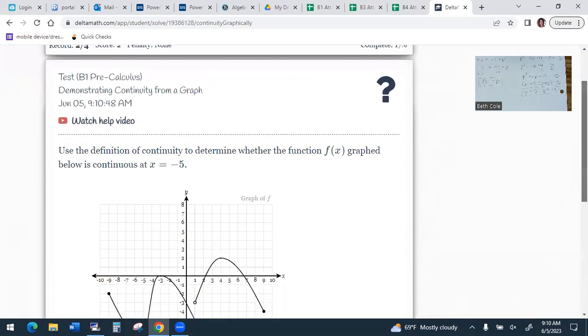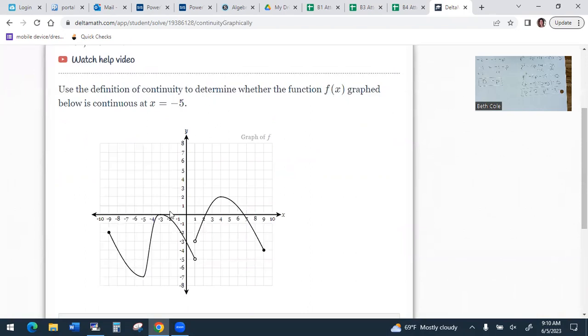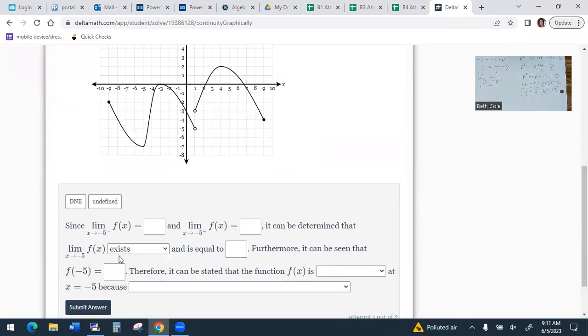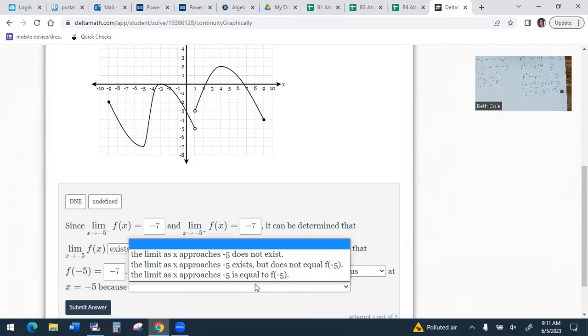It's drop down menus, so all your choices are here. We're looking at -5. So when you look at -5, is the function continuous at -5? Yes. Okay. Now we're going to do the drop down things. Limit as we go to the left for -5 is -7. Limit from the right for -5 is also -7. And so the limit exists and is equal to -7. Do you see how I did that there? I'll do another one that hopefully they're not equal and I can show you what happens. Furthermore, it can be seen that the actual point there is at -7. Therefore, the function is continuous because